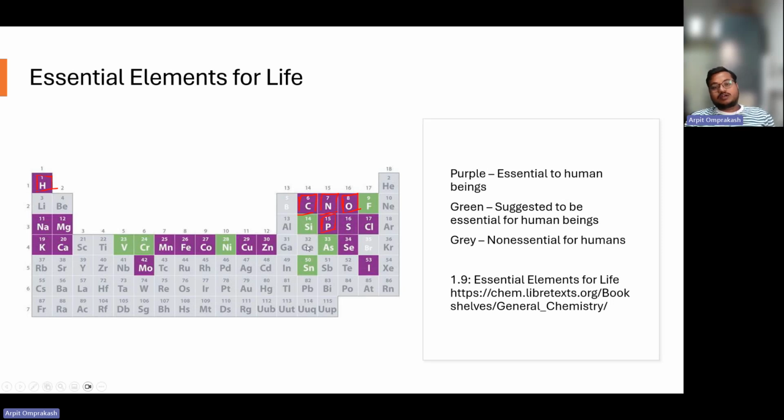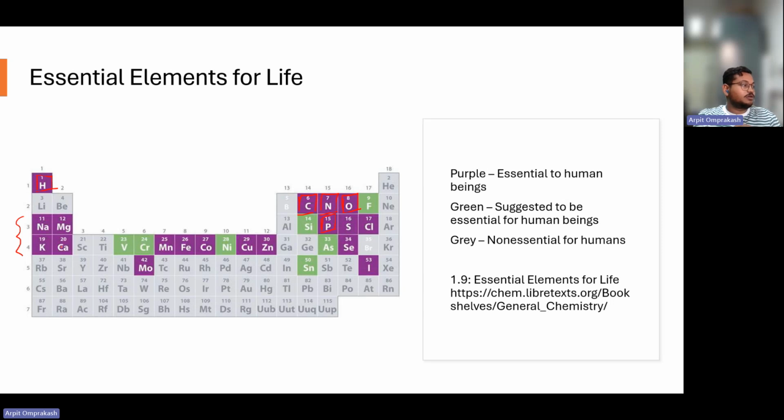As we look forward in the lecture, these help form the backbone of all the biomolecules that are used in human cells, the organic backbone. And if we look at the left-hand corner, we see that we have metals such